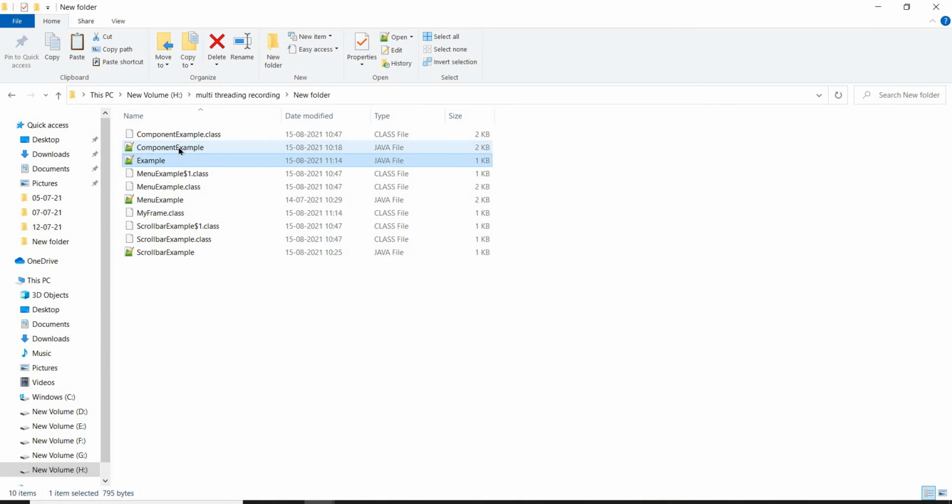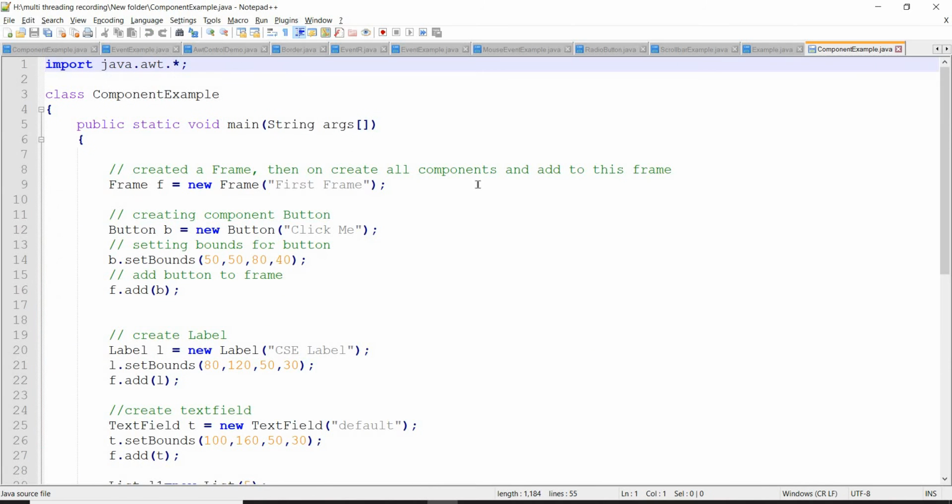Where is the component? Okay, see, here we are going to create the frames using association. Here we haven't extended the frame class. We have created an object for the frame class. Now whatever components we create, just add them over to this frame.